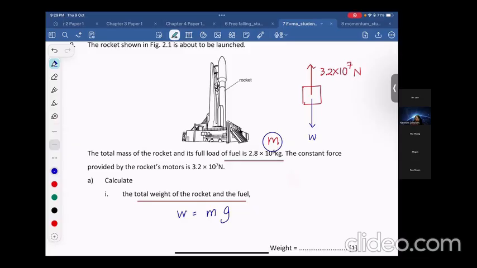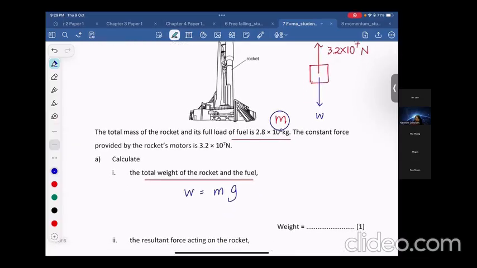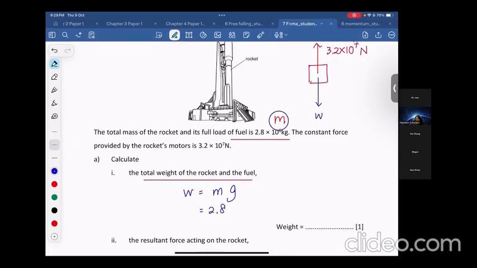Okay, W equals mg. Here we're using the mass 2.8 times 10 power of 6, times 9.8. Let me count this one. 2.8 times 10 power of 6 times 9.8. My answer is